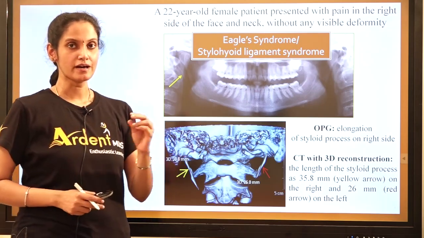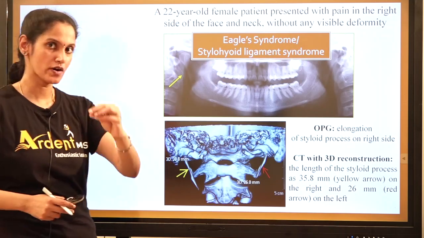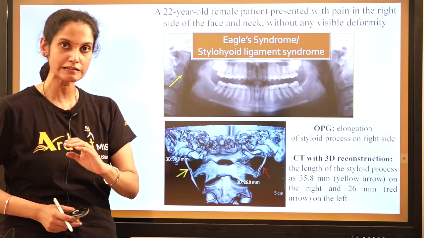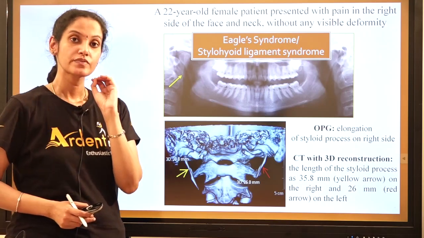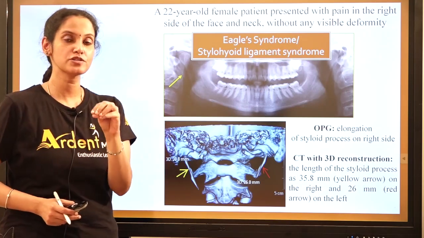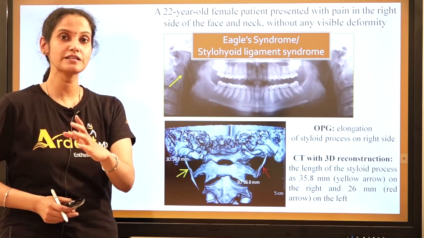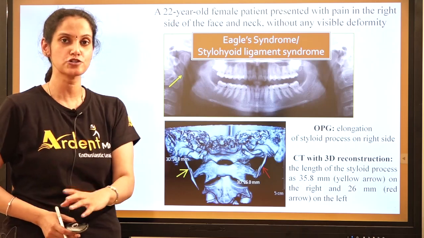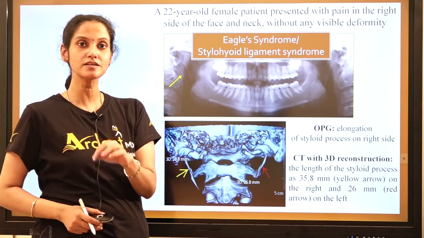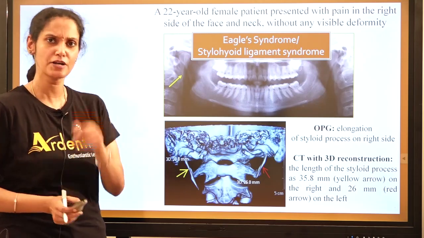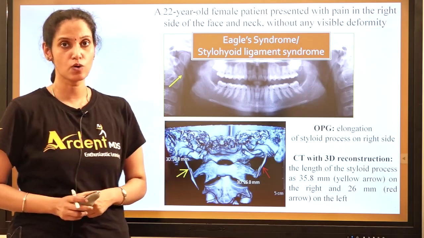Now remember, there are two descriptions and accordingly there are two entities. One is the classic Eagle syndrome, which follows tonsillectomy, where there is a scar tissue formation along this stylohyoid ligament, which will eventually mineralize, resulting in cervicopharyngeal pain because it involves the 5th, 7th, 9th and the 10th cranial nerves. The patient will have difficulty in swallowing.